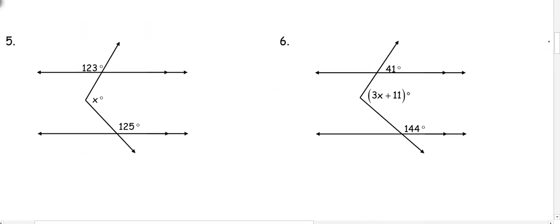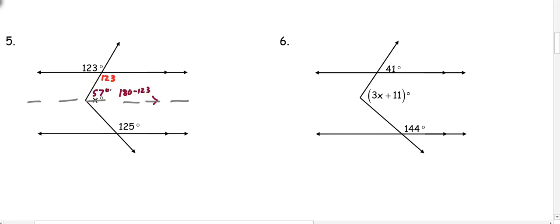Number 5. So in number 5, I'm going to draw a parallel line going through my crook. And when I look at the top, I don't have an angle in one of my two spots for alternate interior, same side interior, but I have that 123. So I know that 123 makes a vertical angle to give me that angle inside is also 123. So to find x, then I know 123 and above that line are same side interior, so I can subtract